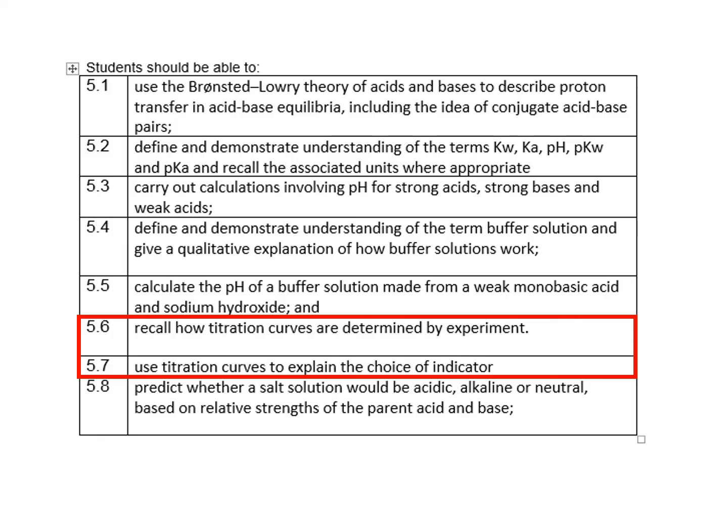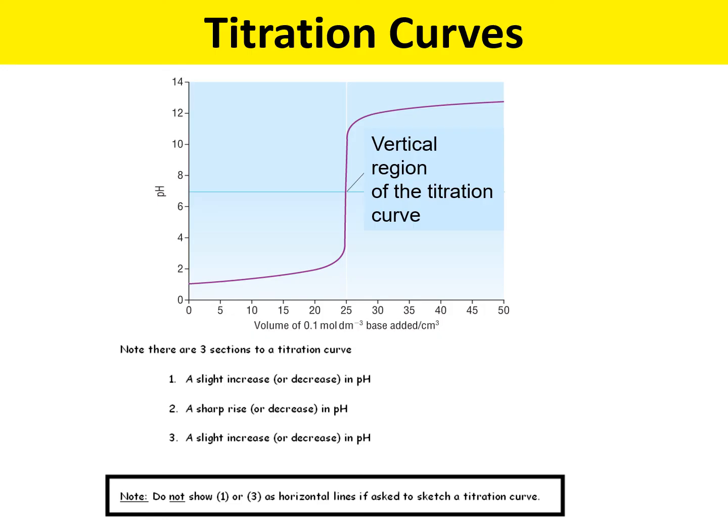The next part of this topic is about titration curves. This is what a titration curve of a strong acid and strong alkali looks like. If you look, the pH begins at 1 and it ends at pH 12. If you look at the first portion of the titration curve, you can see that there is a slight increase in pH, and at 25 centimeters cubed we get a sharp rise in pH. We then have a slight increase in pH from 25 centimeters cubed of base being added to 50 centimeters cubed